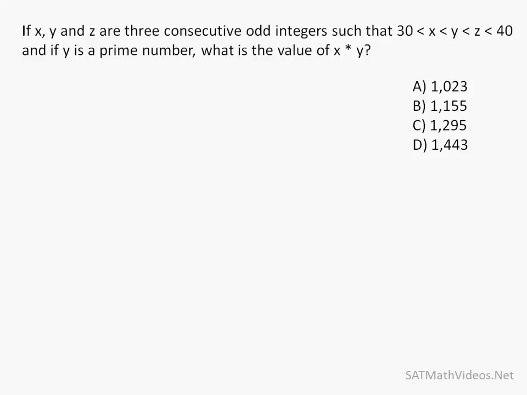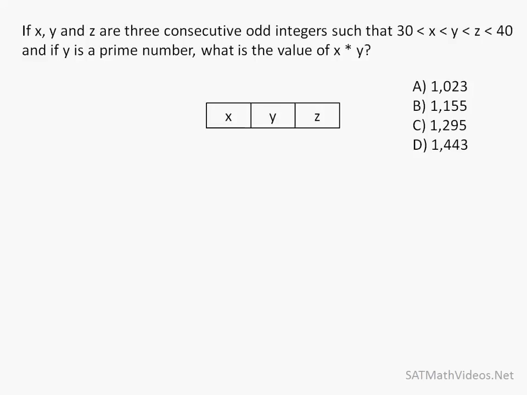If x, y, and z are three consecutive odd integers such that 30 is less than x is less than y is less than z is less than 40, and if y is a prime number, what is the value of x times y? Let's start this problem off by first listing off the possible values for x, y, and